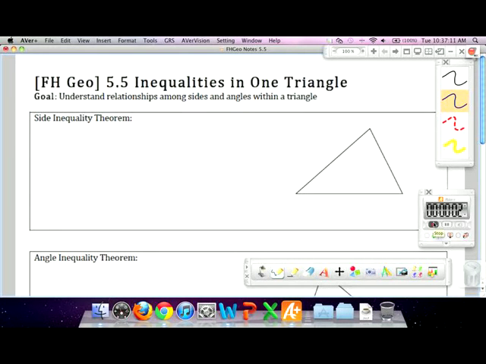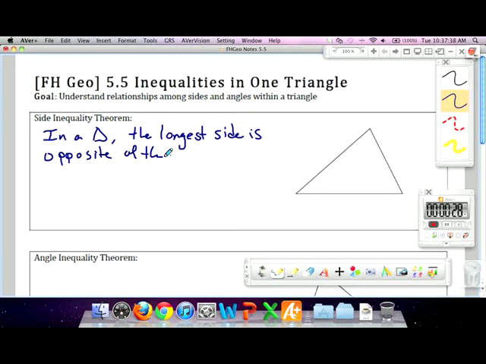Our side inequality theorem says the following. It says that in a triangle, the longest side is opposite of the largest angle,